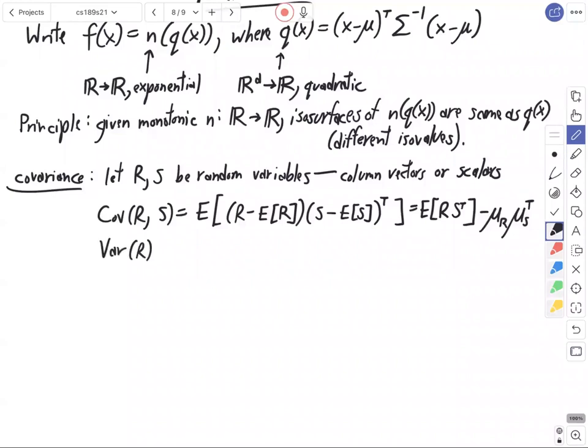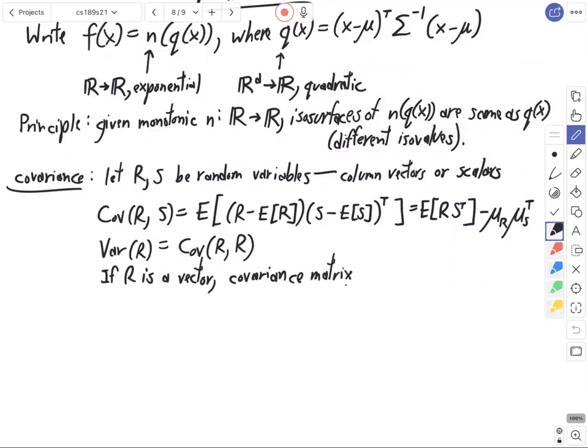The variance of R is the covariance of R with itself. And if R is a vector, then its covariance is called the covariance matrix. And that's defined,